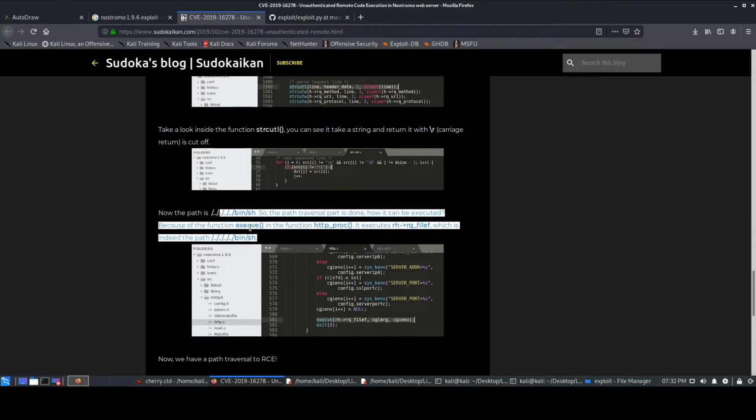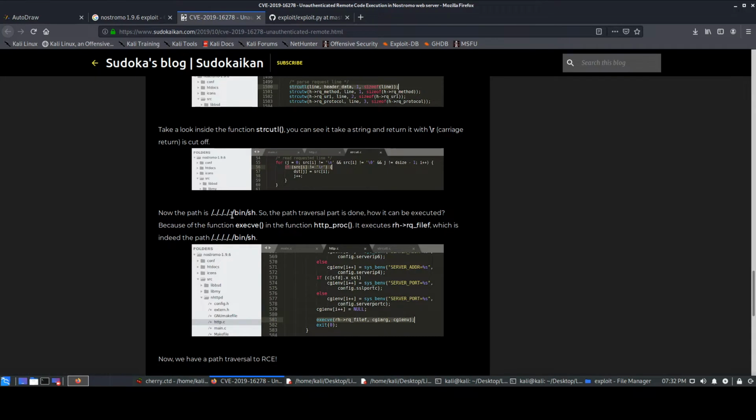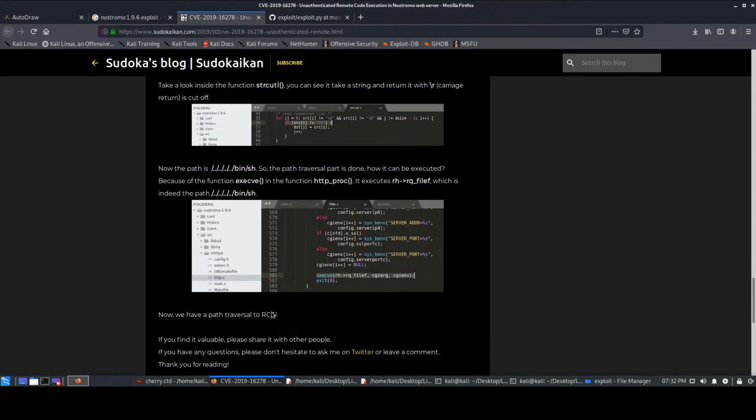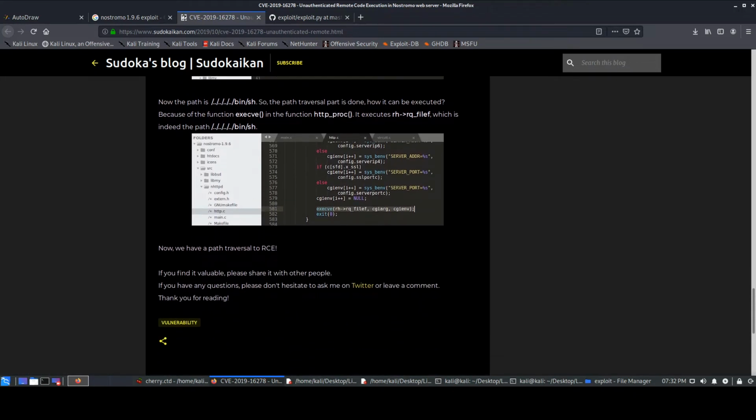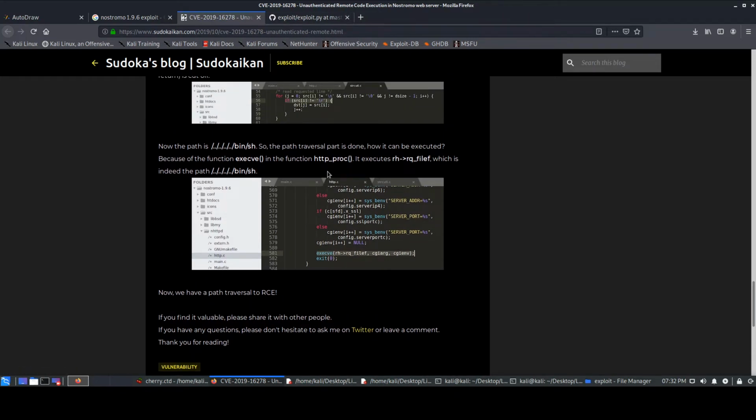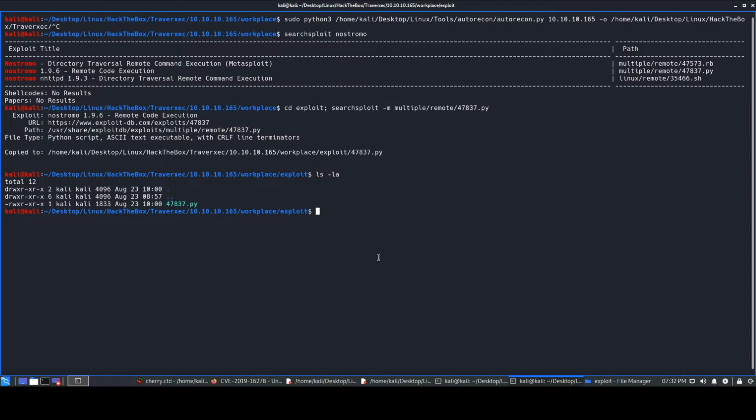So this is where it comes, and there's a function that is execve over here, and this is the vulnerable function, and that's how they achieve RCE. Okay, so that's why it's directory traversal and RCE, path traversal and RCE. If you don't know what directory traversal is, I've explained it in the previous videos as well,